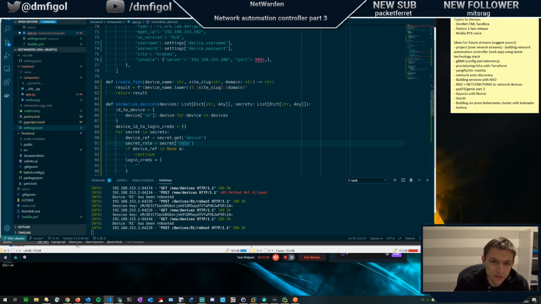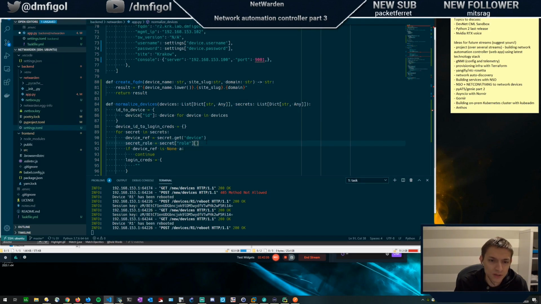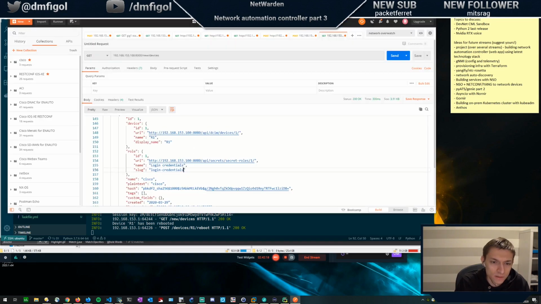I think it's obligatory here, so I can just do it like this. And I can say slug, right? So if this device is known or secret role is not equal to login credentials,